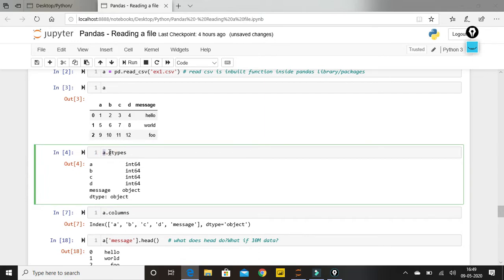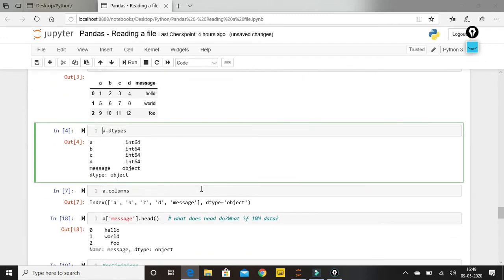There are many more; if you want, you can check by just pressing tab. It's very easy to check if you need any other function. You will see over here there are many. Just go through all of them and you'll be able to understand.